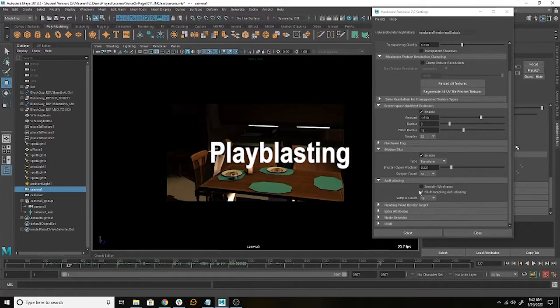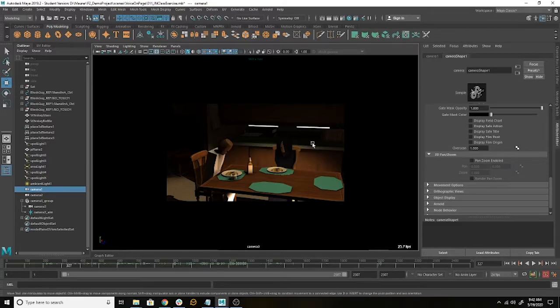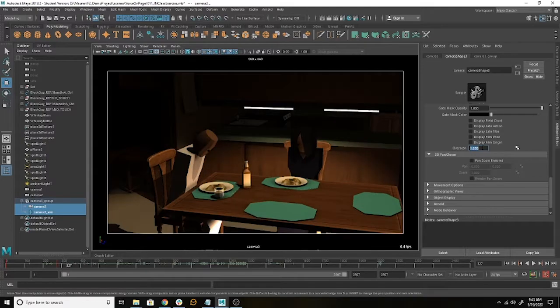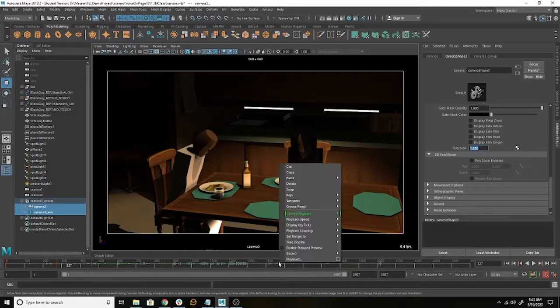So your next step, once you have this stuff set up the way you want it, is to actually play blast it. So what play blasting is going to do is it's going to screen capture this. So right before you play blast, the thing I usually do is I make a full window like this, and I drop my overscan to like 1, 2, something like that. All right. So then I'm going to go over here, play blast, right click on the time slider, play blast